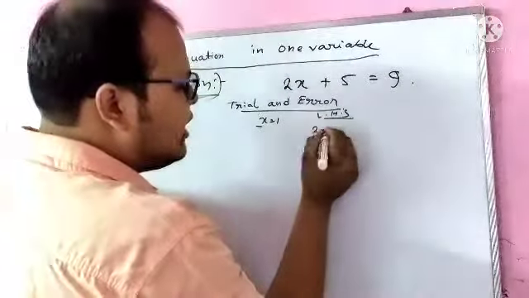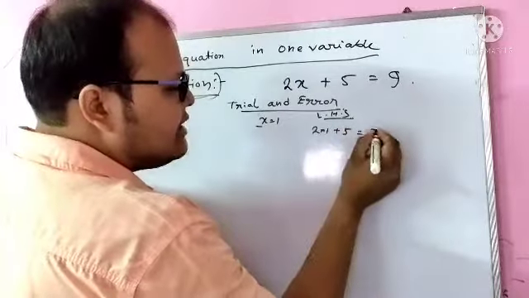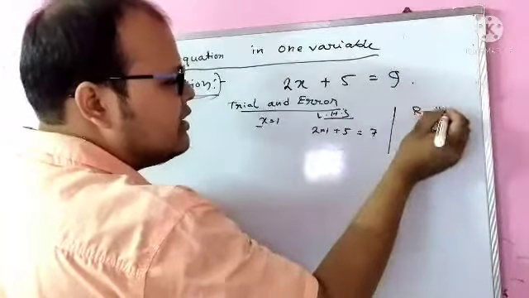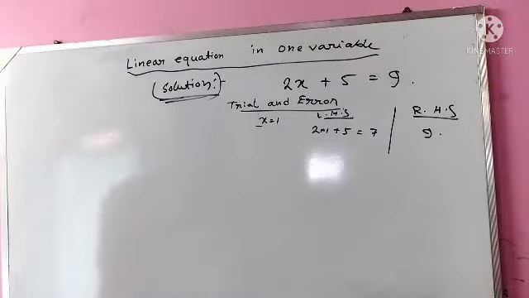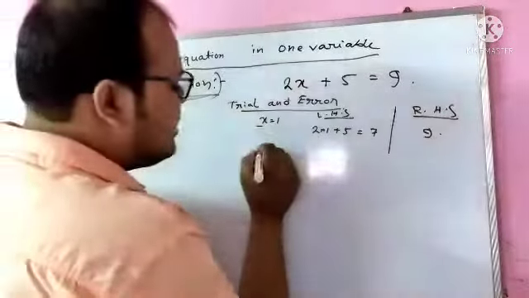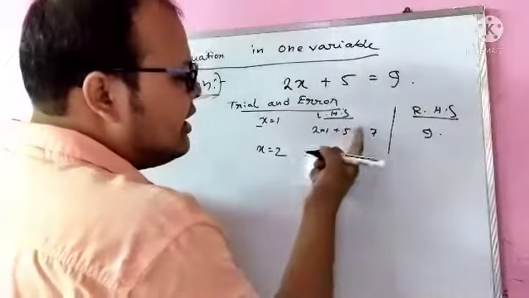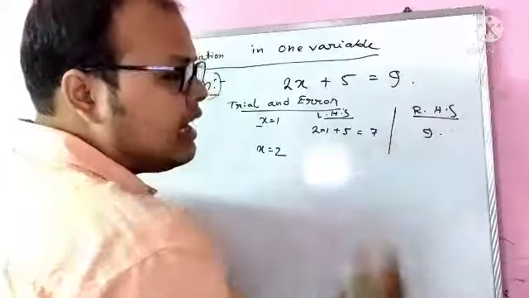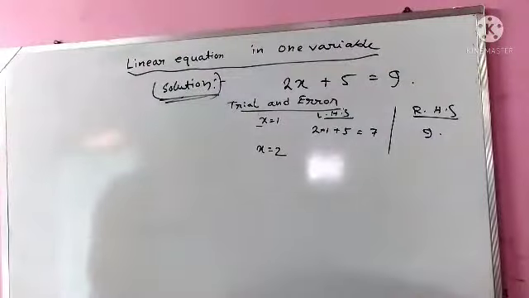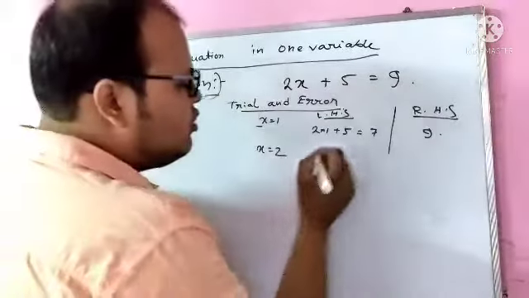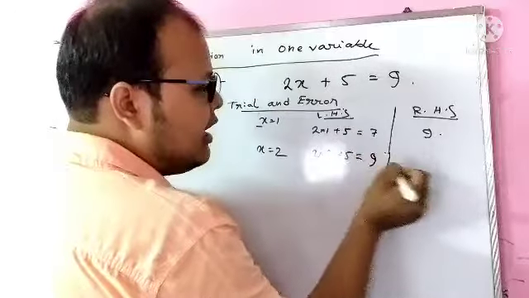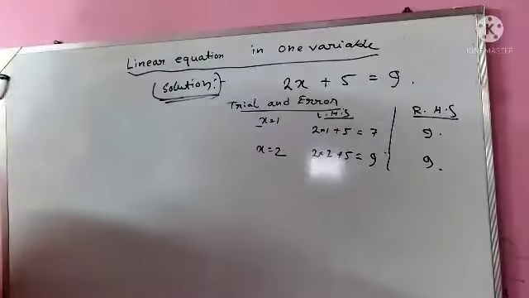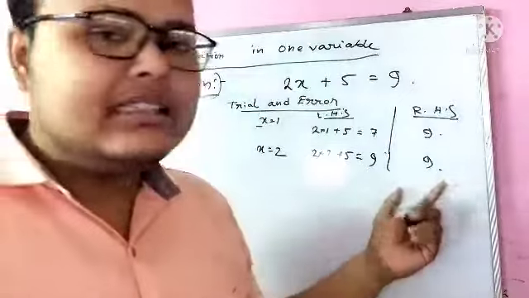In the left hand side I will get 7, and in the right hand side 9 is already there, so right hand side 9. Okay, if I choose x equals 2, definitely my left hand side is smaller than the right hand side, so I will be increasing my x value. Okay, so x equals 2, then 2 into 2 plus 4 plus 5, which is nothing but 9, and right hand side also 9. Okay, so we have got left hand side and right hand side as similar.